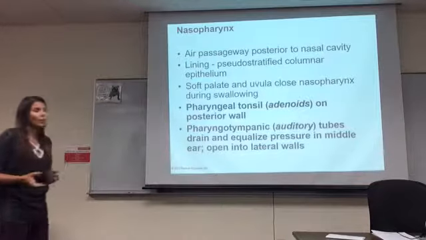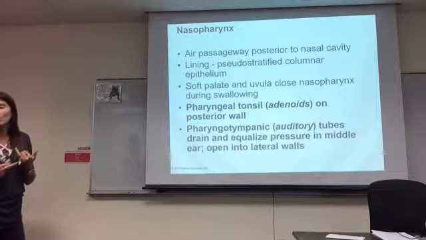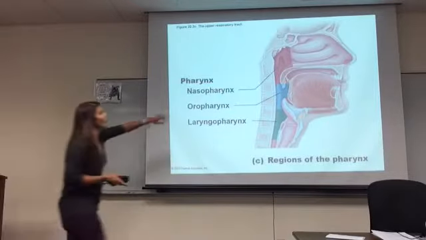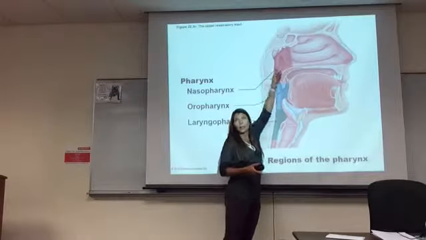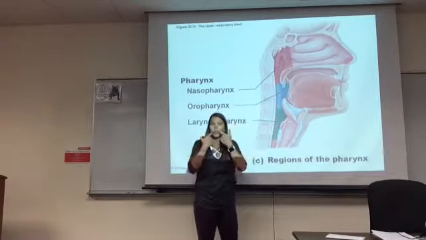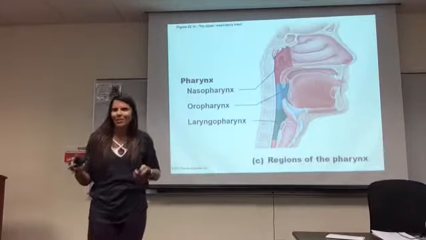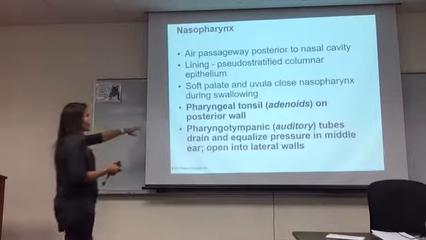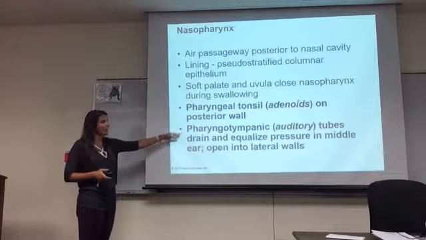Okay, the nasopharynx is where we can find our pharyngeal tonsil, which is also called our adenoid. Yeah. So here, your adenoid is back there. So a lot of times you think of your tonsils as just being right in the back, but they're everywhere. Okay, and I think we didn't talk about tonsillectomy in the last one. Okay, so the pharyngeal tonsil being your adenoids, and then within the same area,